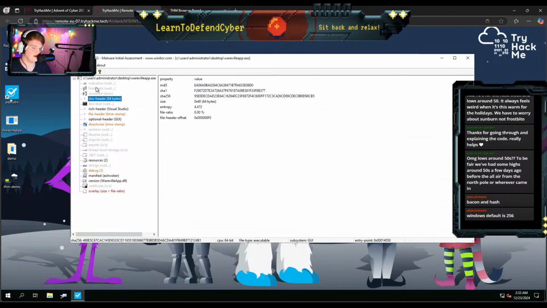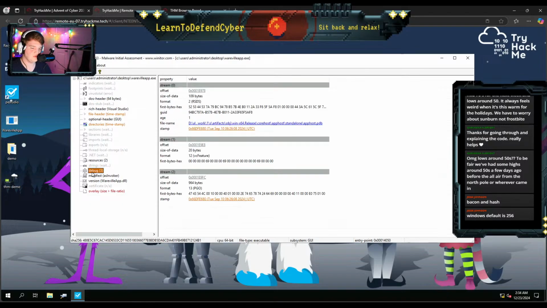Dang, this is taking a hot second. It might be a bigger exe. Do we have anything? It might also have anti-debugger things where it's not letting us see any of this.